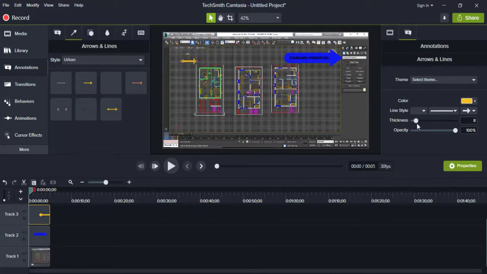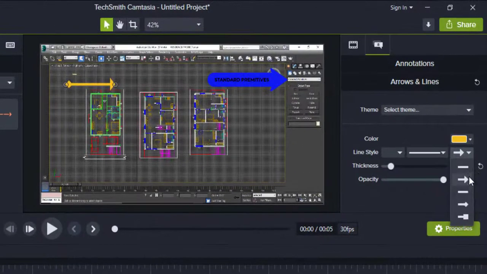From the property panel, you can increase and decrease the thickness of your arrow. I'll just show you once again. So this is how you can increase and decrease the arrow thickness. You can actually customize it. You can also change the type of arrow, its head point also you can change, and from here you can change the color.